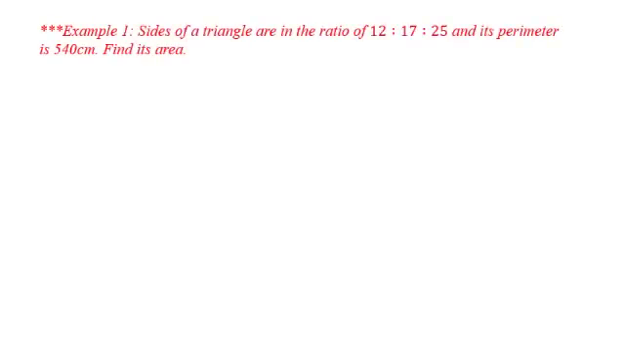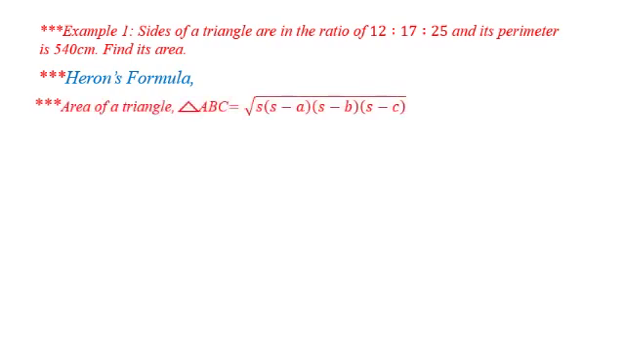Now let us go back again and look at the question once more. Here we are supposed to find the area of the triangle whose sides were given in the ratio. Now we got the sides of the triangle, so we can proceed on to find its area. In order to find its area, we are going to use Heron's formula, which gives the area of